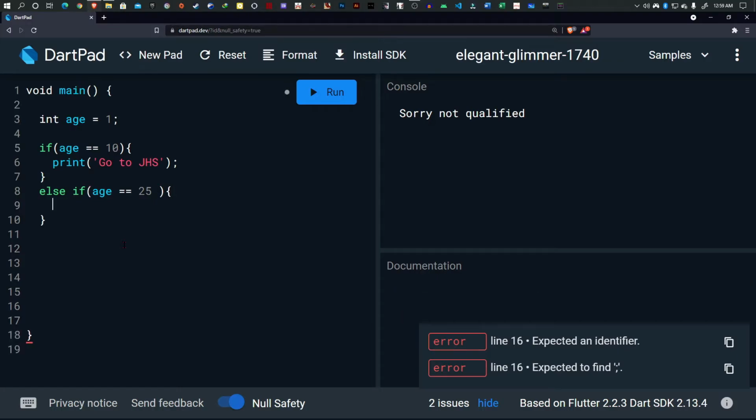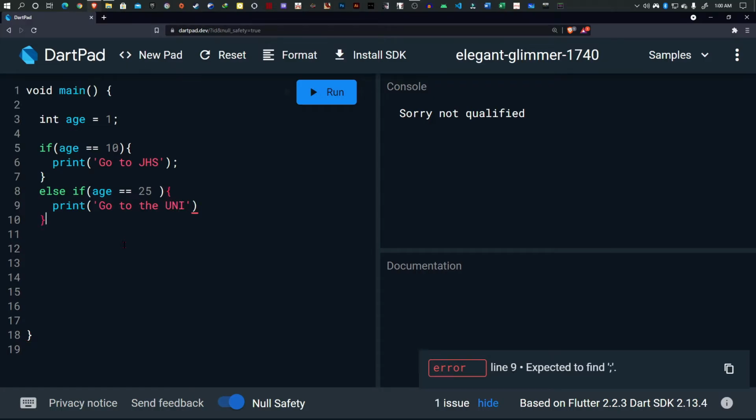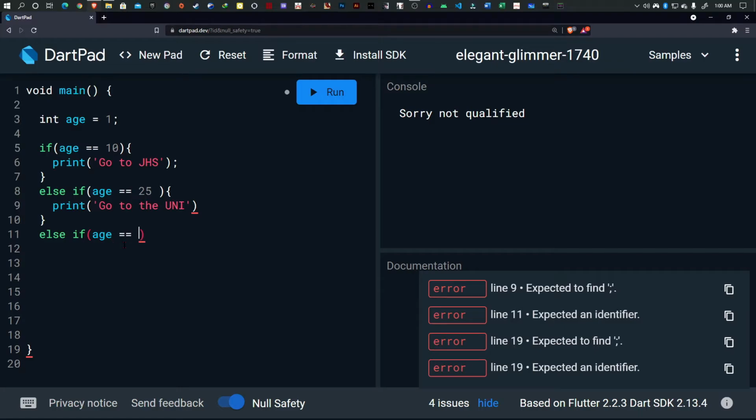Then we probably want to print something like, let's say, go to the uni, for example. And then what if age is 30 or 40 or 60? What do you want to do? Well, we can go ahead and type the same else if. Then we can say if age is equal to, let's say 60,